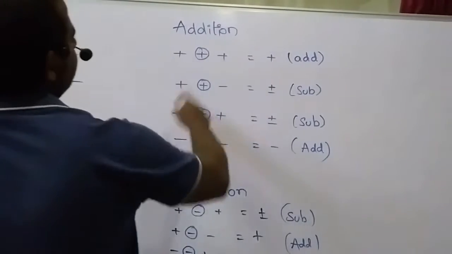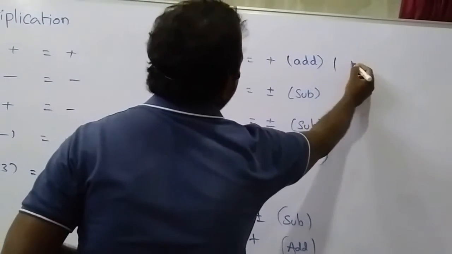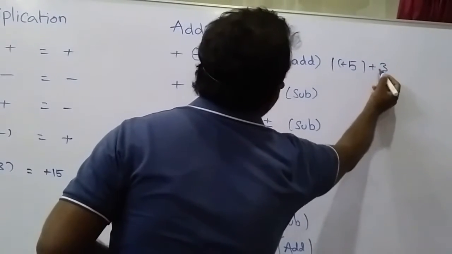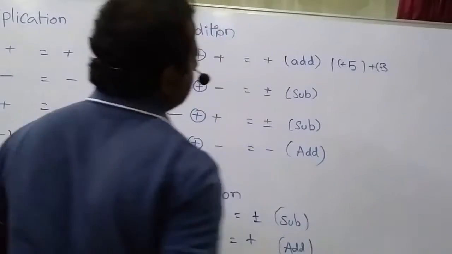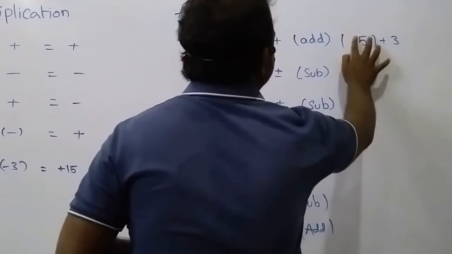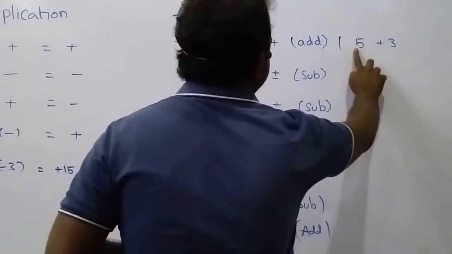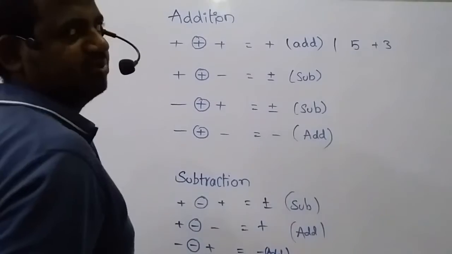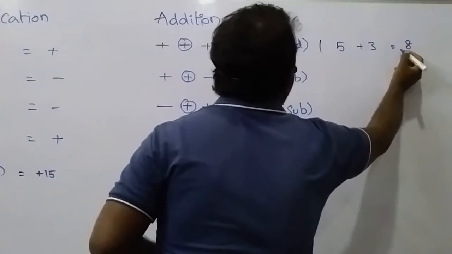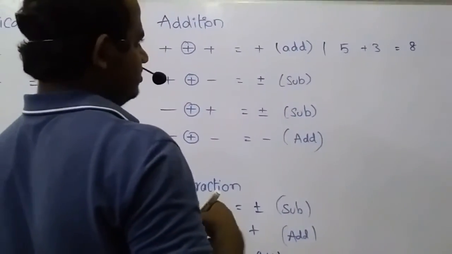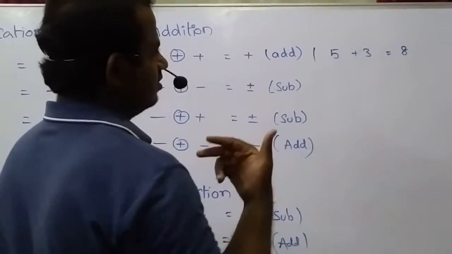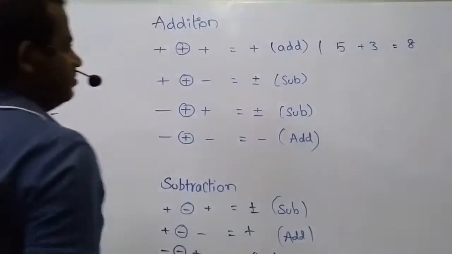Suppose I am adding plus 5 plus 3. If there is nothing, the number has a plus, or you can say directly, it is a positive number. 5 is a positive number, 3 is a positive number. Adding 5 plus 3 is easy for everyone, they can directly add. 5 plus 3 is 8, and before that we put a plus or no sign, it is the same, it is a positive number, the result is positive.